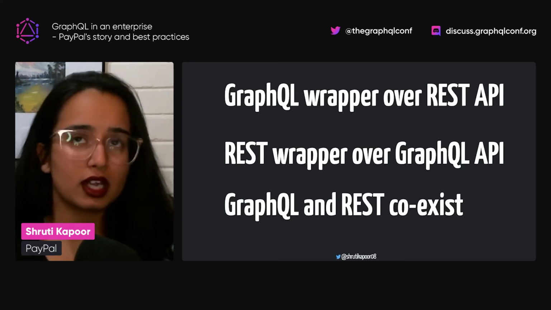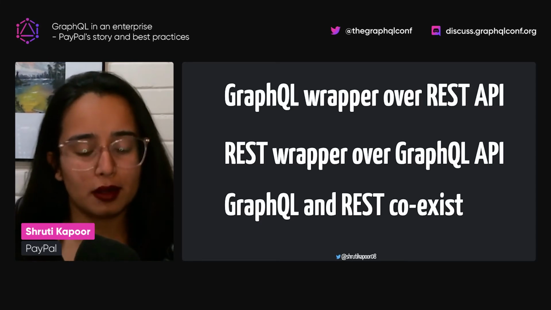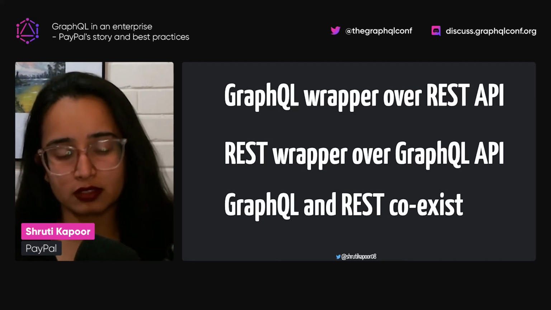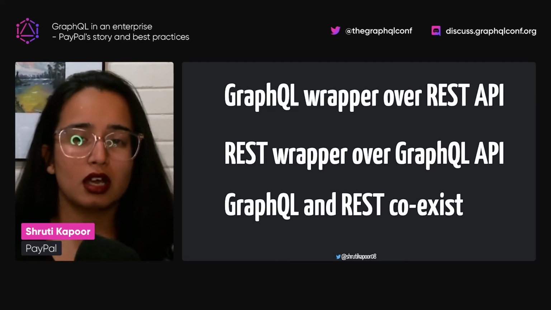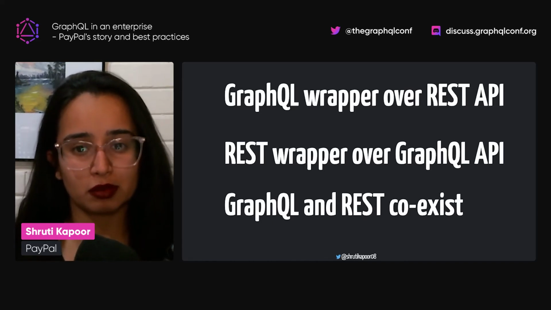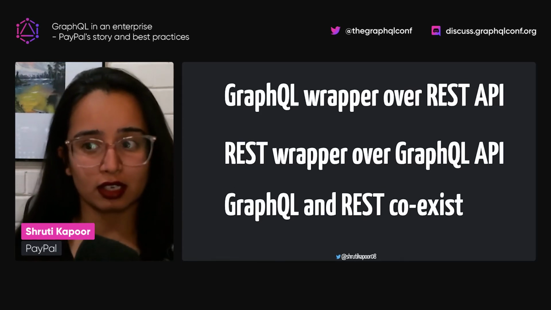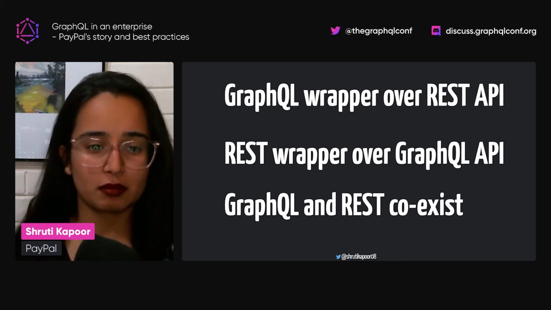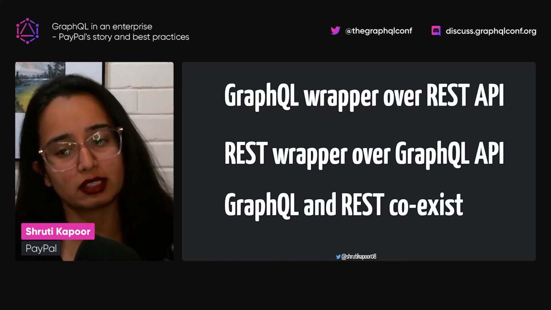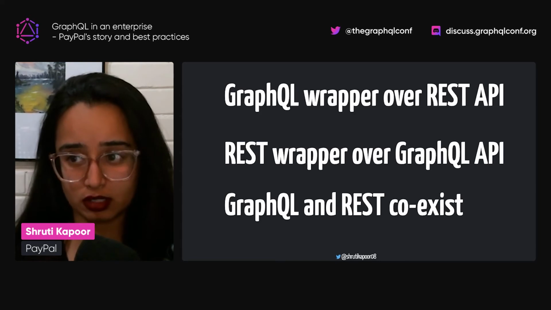Another technique that you can adopt is that your GraphQL and REST layers coexist. One way to do that is that the GraphQL endpoint is for certain things, whereas REST APIs are for certain things. One way to divide that is by different market segments. If you think that one market segment makes more sense to be a UI-driven approach or a GraphQL layer, then that can work at the same time as your REST layer. So some business logic can live in the GraphQL layer, and some business logic can live in the REST layer. Those are the three different approaches of adopting GraphQL in an enterprise.